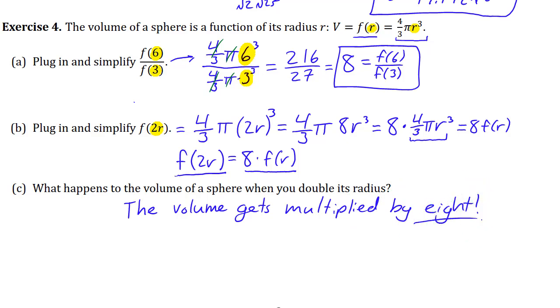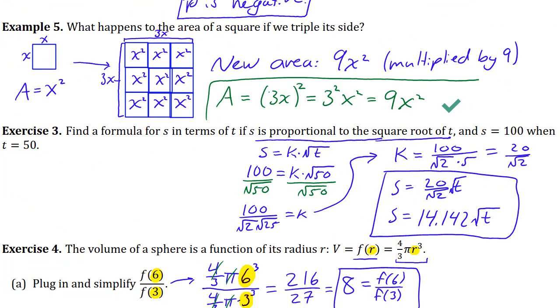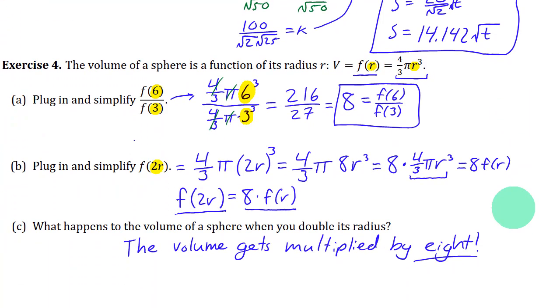So it's not like everything about the sphere just gets multiplied by 2. The volume gets multiplied by 8. So it's kind of like what was happening with the square. It turns out that because volume is a 3-dimensional thing, and you end up with to the power 3 here, the new volume is increased by 2 to the power 3 for all 3 of the dimensions that it's increasing in. So yeah, it's a weird thing,